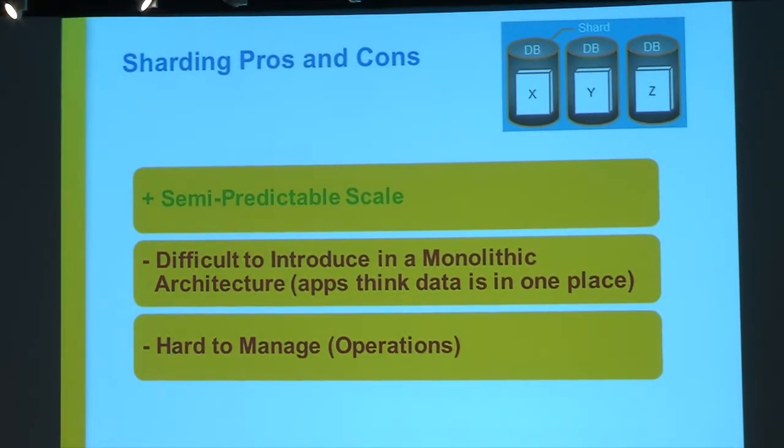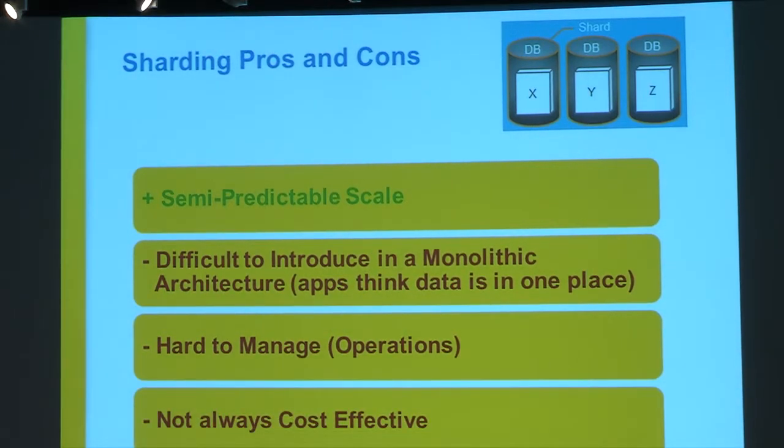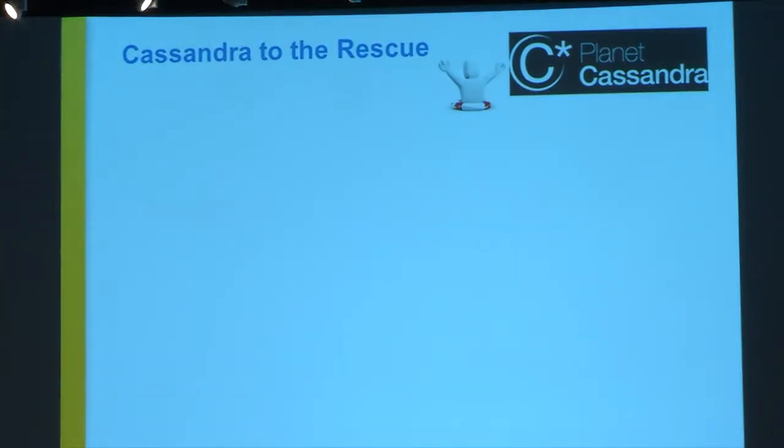It's hard to manage, right? If you have 20, 30 database instances, imagine what operations has to do when the schema changes. And it's not always cost effective, right? Okay, Cassandra to the rescue. So this was a little bit over 2 years ago. Cassandra was on version 0.6 when we realized that